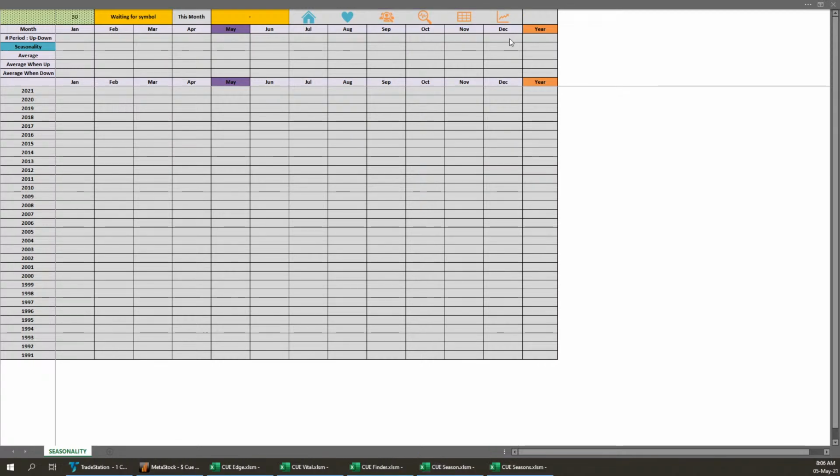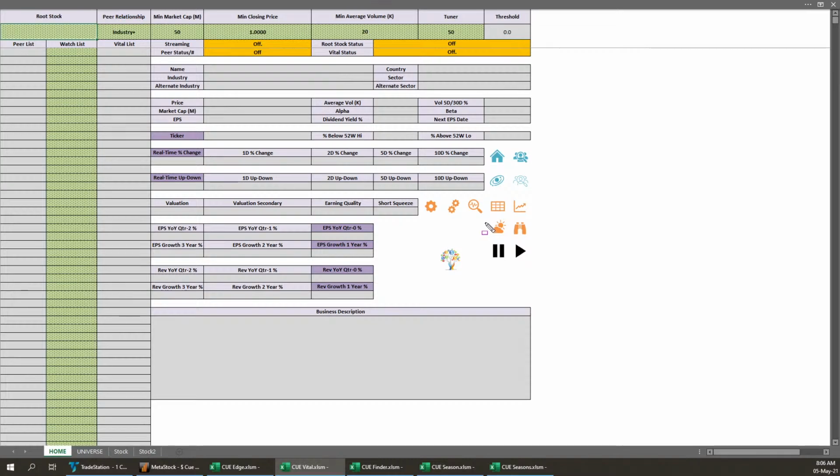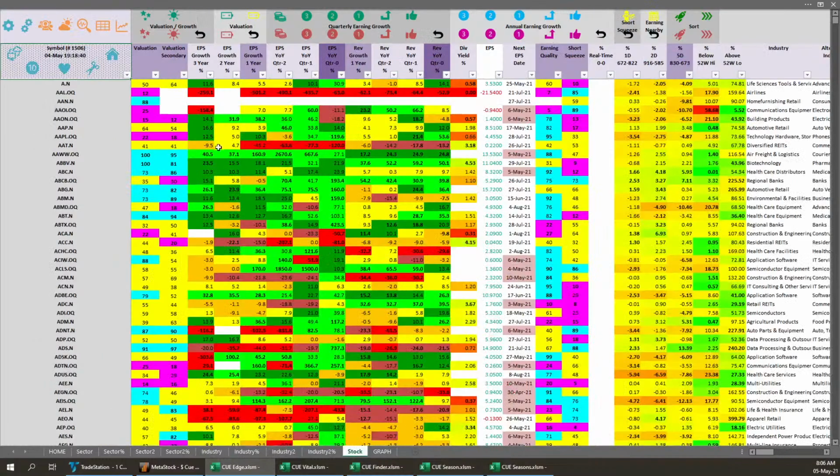There is also integration from the other Q programs to Q seasonality. Those are not released yet. These additional smart action buttons that are available in Q Vital, Q Edge, Q Index, Q Finder, everything, all the other Q programs to Q season and seasonality using this single button, that will be released soon. I am testing them out. I will be using them today,